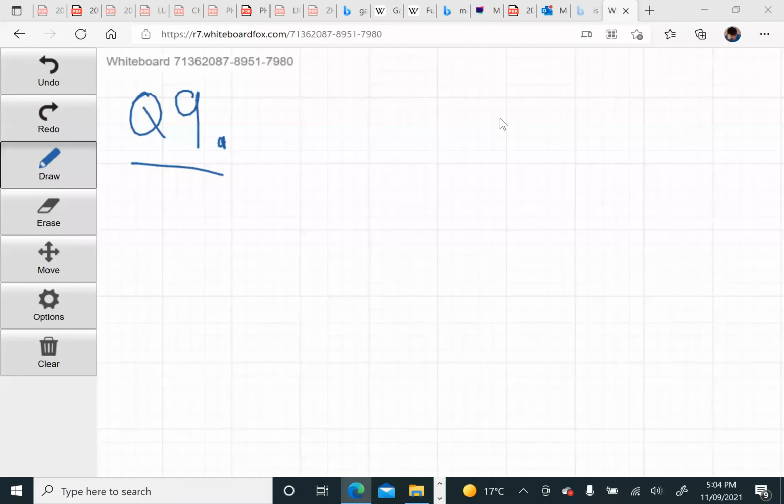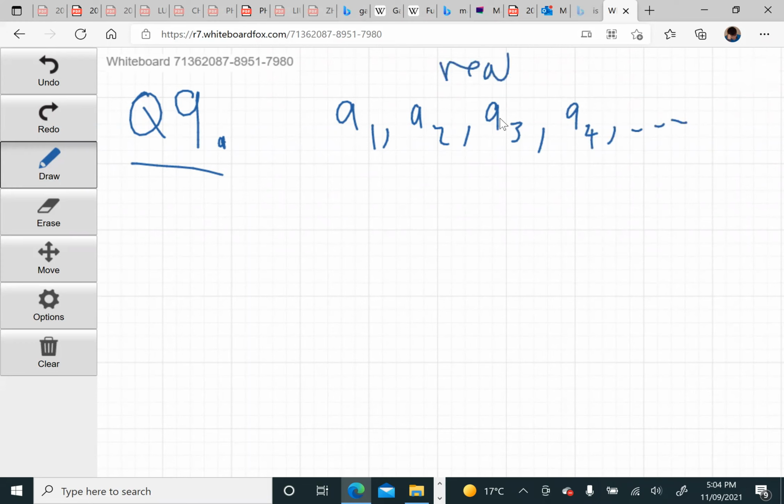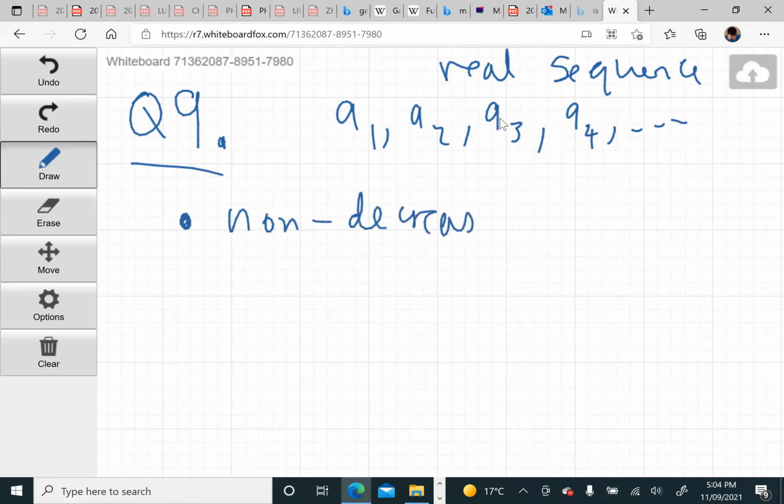Yeah, so you have a sequence of real numbers. And so the fact that the sequence is real numbers is already suggesting it's a question that's intended for like year 9 and 10 students, because you don't really learn about real numbers until towards the start of HSC. So it's a real sequence, and it has two conditions: non-decreasing, and it has the condition that